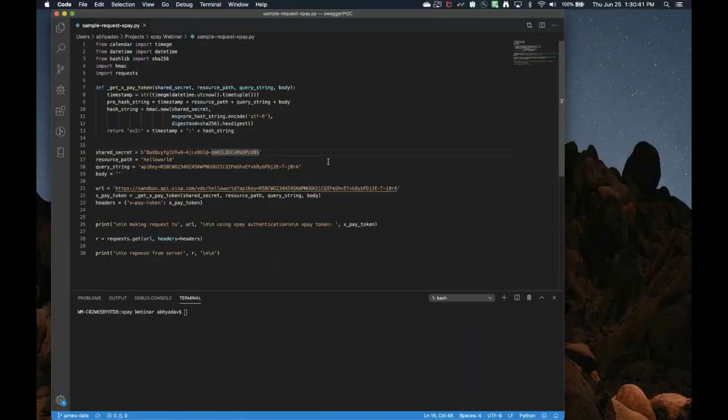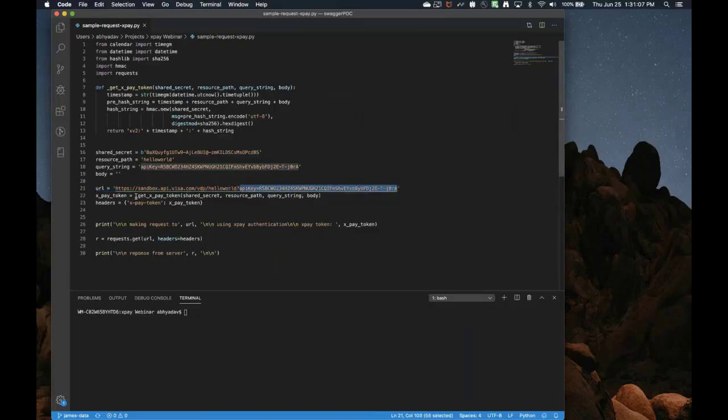Like I said before, to do this, you need two particular things: the shared secret and then the API key. Now, shared secret will be used to encode the message string that we have, and the API key will be included as a query parameter in the request, right here.